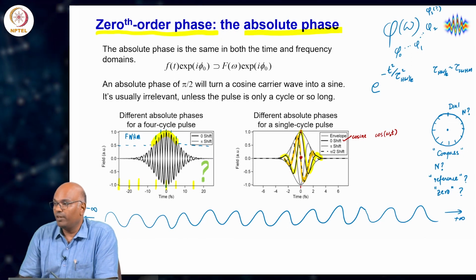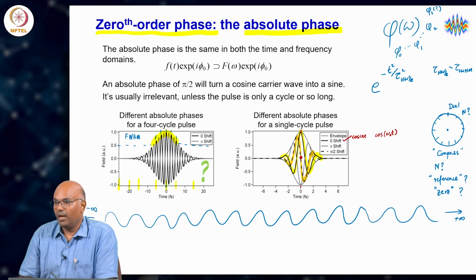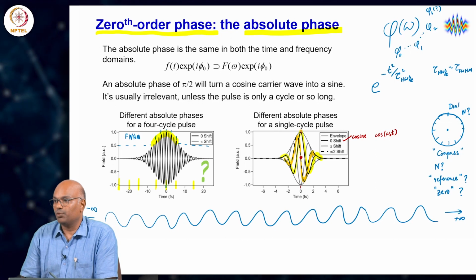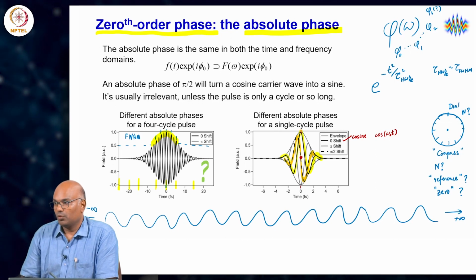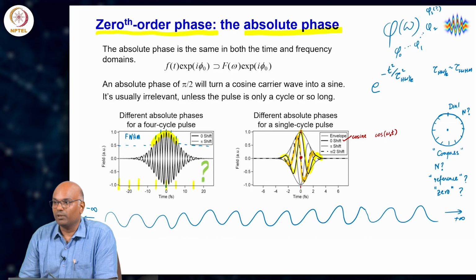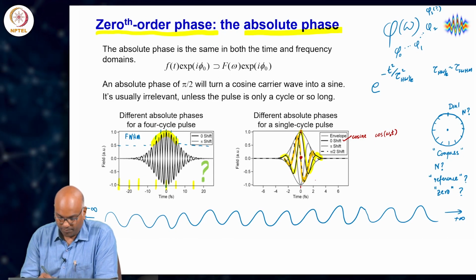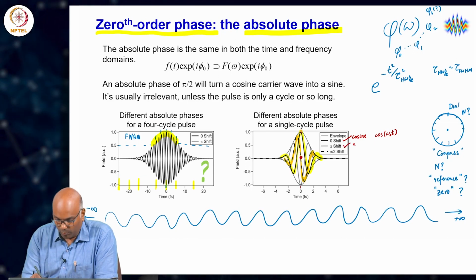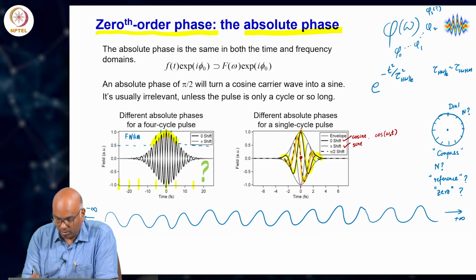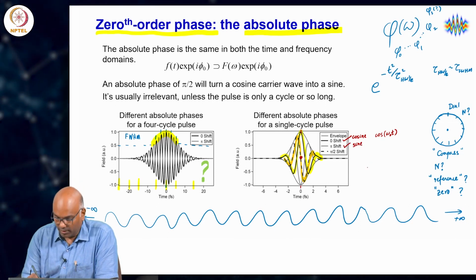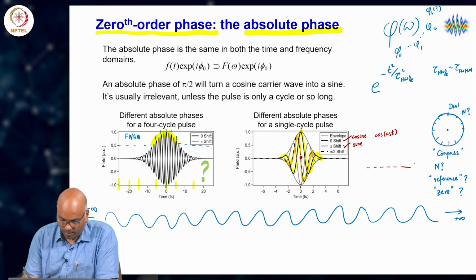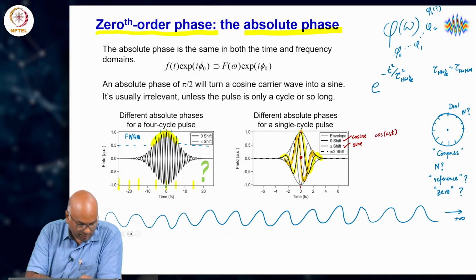The field flips direction at the maximum of the envelope and has the value 0. So there is nothing at the maximum of the envelope. So this is more a sine, right? So whereas one of these pulses